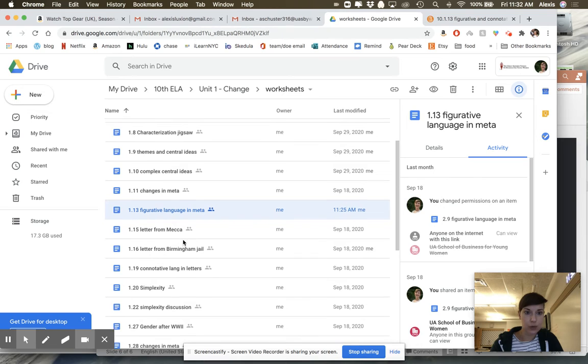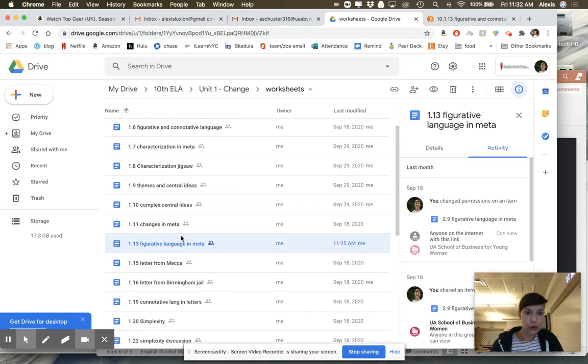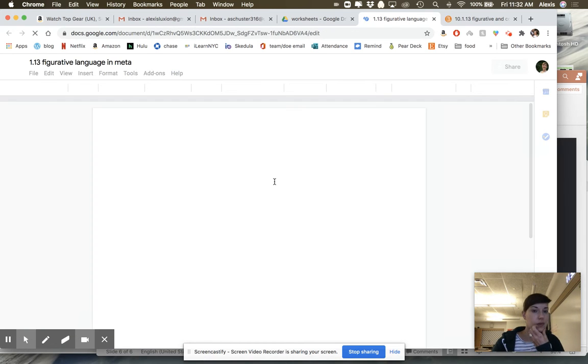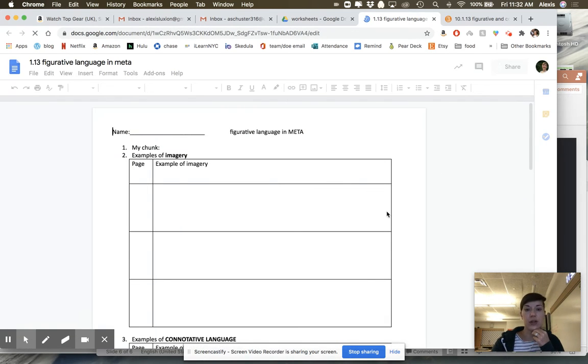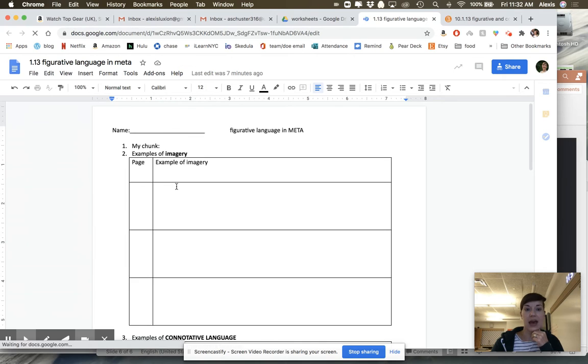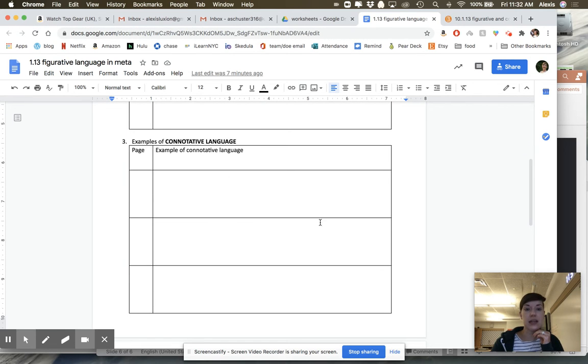Okay. So when we look at your worksheet, hang on, where did it go? Here we go. Okay, so when you look at your worksheet, you're going to see a chart here for your 3 examples of imagery. And when I say example, that should be a piece of evidence that you've copied from the text. And then you're going to see here a place for 3 pieces of evidence for connotative language. And if you need a reminder,